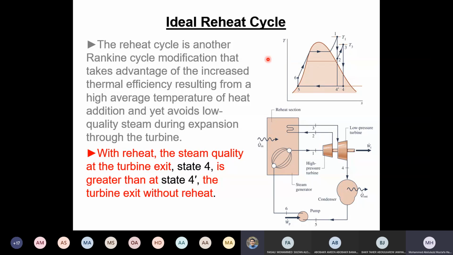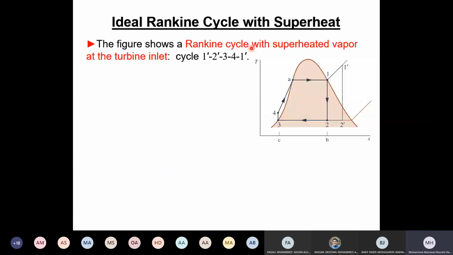The second improvement, this is what we call heat regeneration, right? The second, this is okay. No, the heat regeneration will be one of the modifications here. One of them will take the ideal reheat cycle and the regenerative cycle. Regenerative cycle is that it will be related to, okay, it is just here I wanted to say here that,